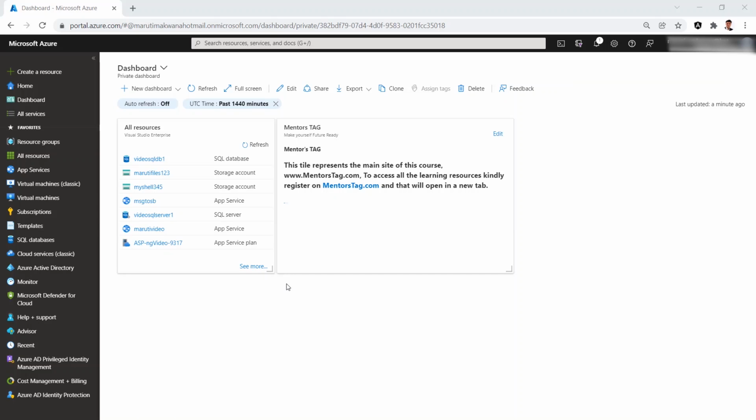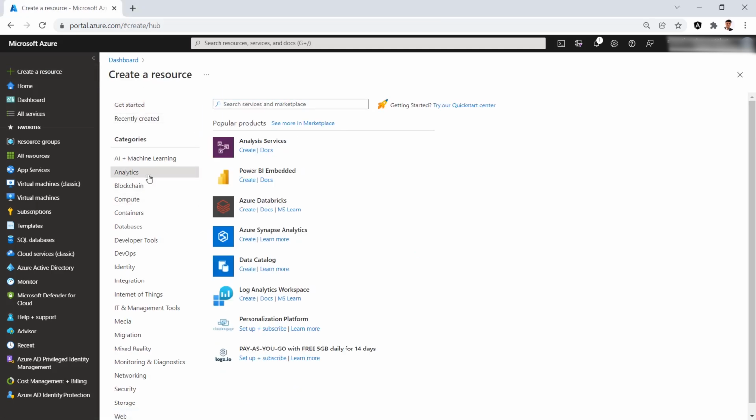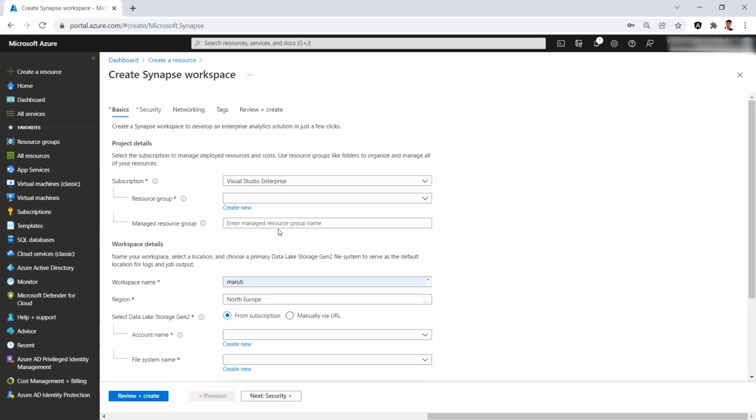Okay, so now it's the time to provision our Azure Synapse Analytics. Let me go to my Azure portal and I'm going to click on Create Resource, where if I go inside Analytics, I have Azure Synapse Analytics in that. Remember, same way you can provision Azure Databricks Analytics or even Azure Data Factory also. I am going to select Azure Synapse Analytics, which is a big service because it's going to have all the